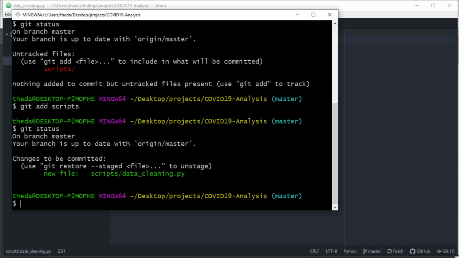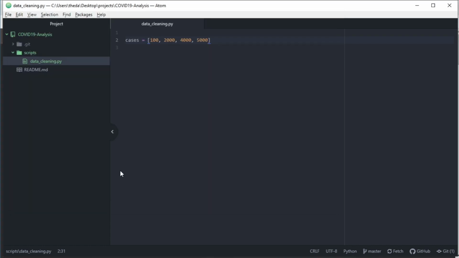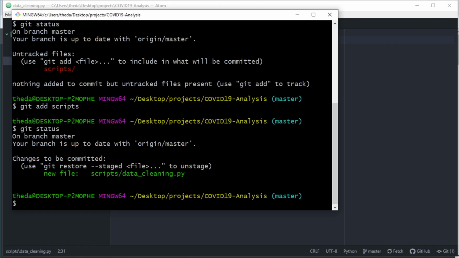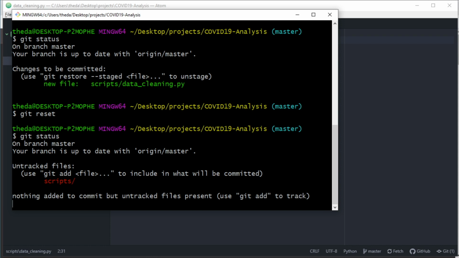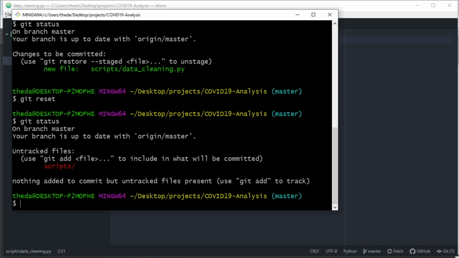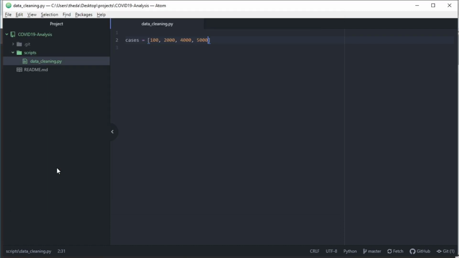Now say after staging the changes, you realize that you made a mistake in the list that you defined, and that this 100 was supposed to actually be 1000. You can easily unstage the changes by running git reset. And now if you run git status, it should confirm that the changes got unstaged by showing them in red again. So let's go ahead and fix the list by changing the 100 to 1000 and type Control S to